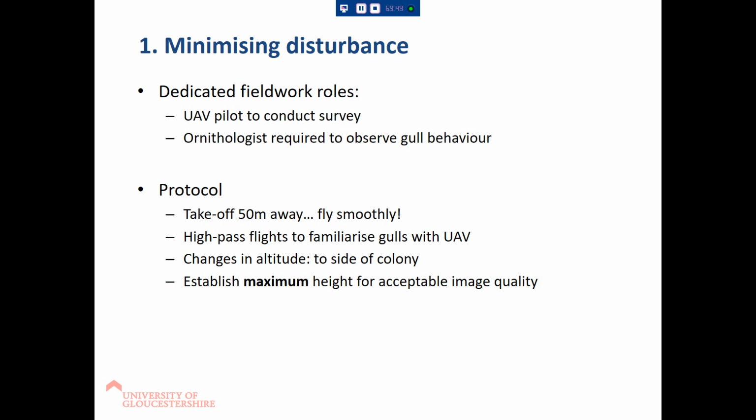But I would think that's a really important thing to do, is to approach from afar and survey your area so that you know what you can see from a higher altitude, the area that you're going to survey. We also established a maximum height at which we could fly and get an acceptable amount of image quality. And we did that by lowering altitude to the side of the colony and then repeating transects across until we